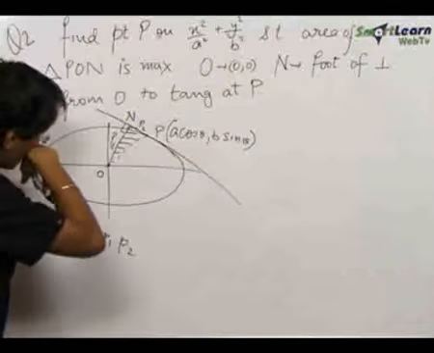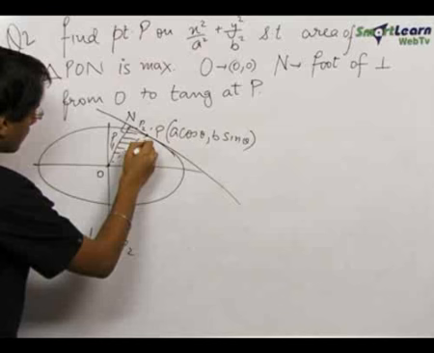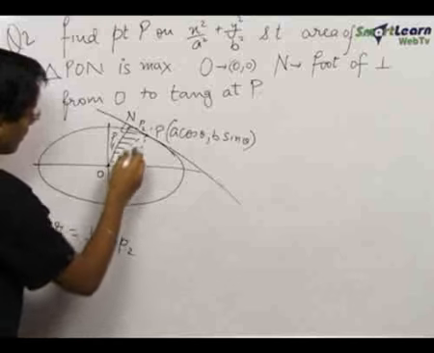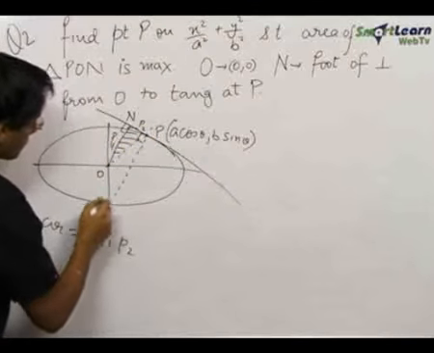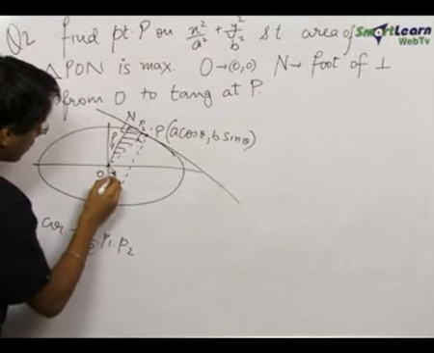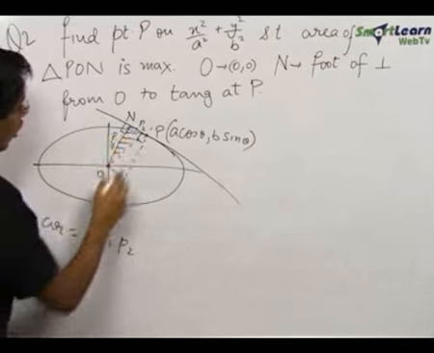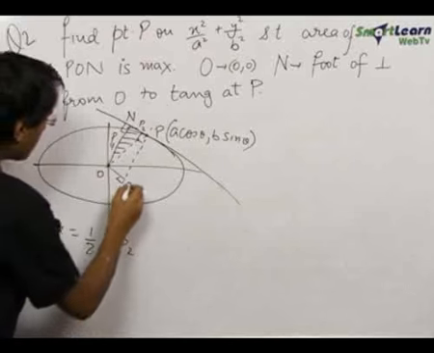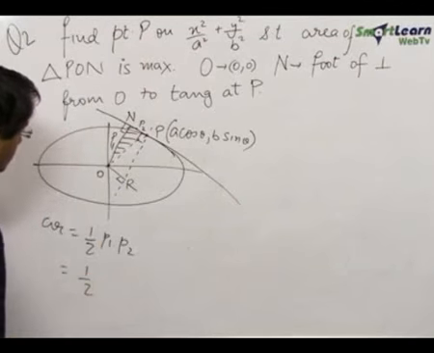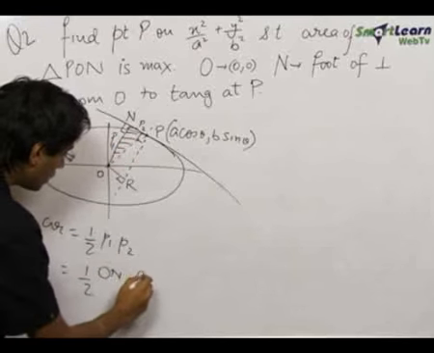The construction is, we make the normal to the ellipse at the point P. This will definitely be parallel, since the tangent is perpendicular to ON and the normal is also perpendicular to the tangent. So this normal will be parallel to ON, and we drop a perpendicular from O on this normal. Now since this is a rectangle and opposite sides of a rectangle are equal, if this is point R, our area will be equal to half ON into NP, and NP is equal to OR. So this will be equal to half ON into OR.